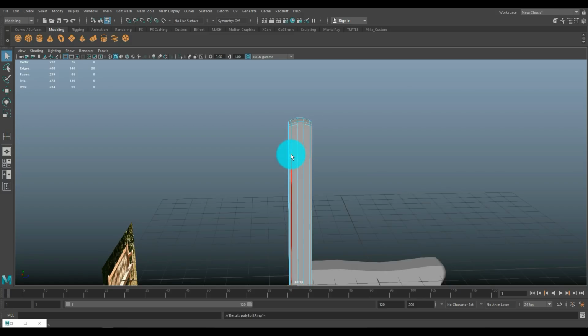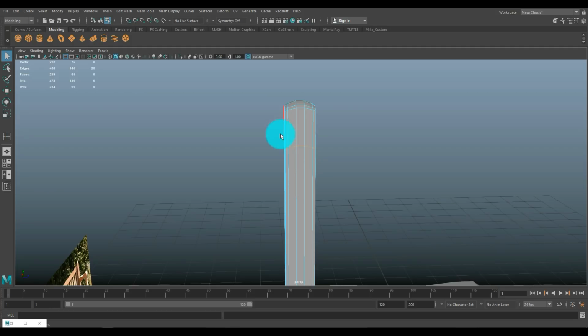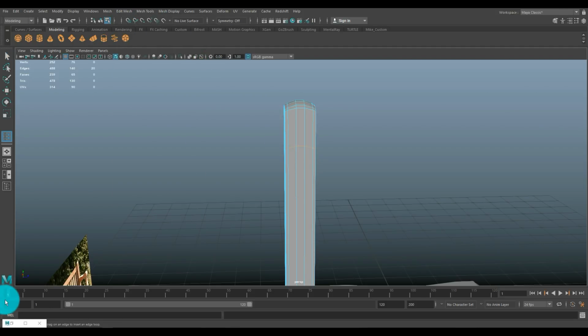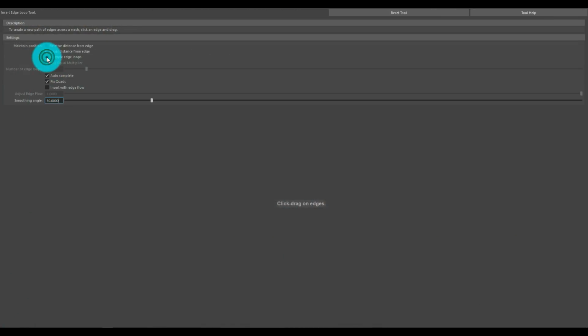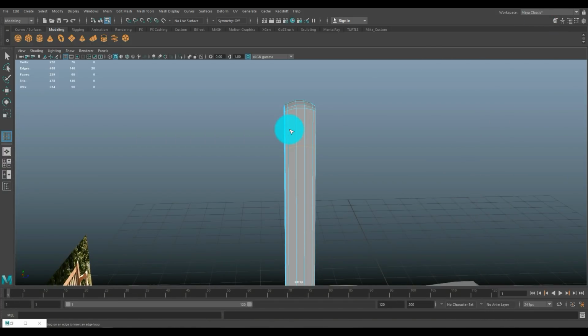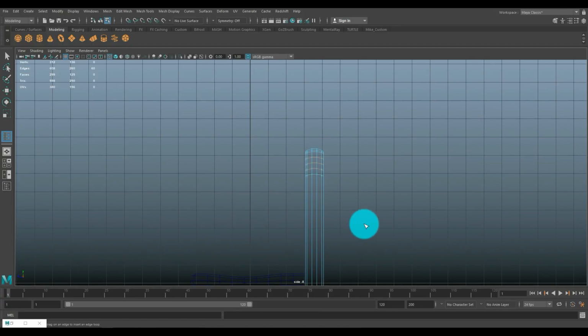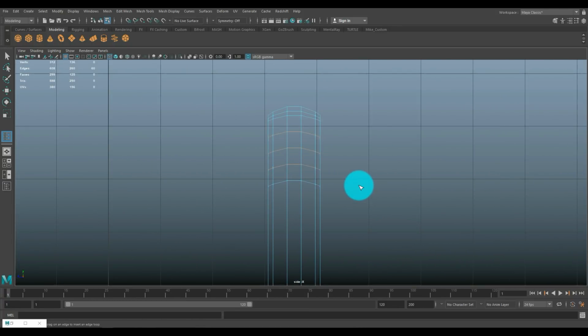We're going to hit B to turn that off. So that's okay, and then we're going to go back in and do that with multiple. So let's do maybe 3. Not quite sure how that's going to turn out, but we'll see. Okay, and then let's see what we're going to do here. We're going to take these vertices